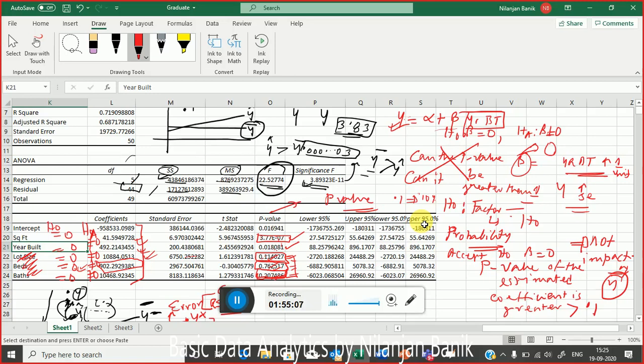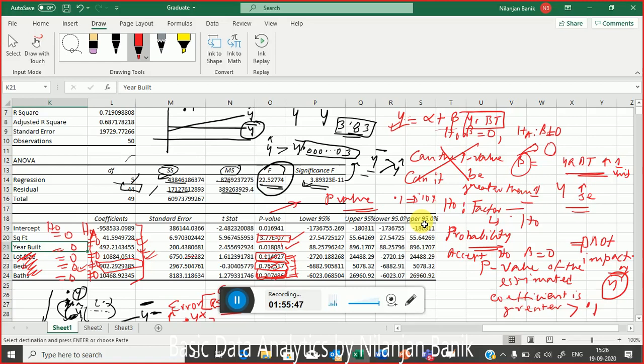So in this case, if I ask which one of the variables is significant at the 5% level and which one is significant at the 1% level, what would be your answer? Look and tell me. Which one of the variables among these 5 variables is statistically significant at the 1% level? And what does the 1% level mean? Out of 100 times, 99 times, I will observe the value of that coefficient to be what is given here. That means the 1% level.